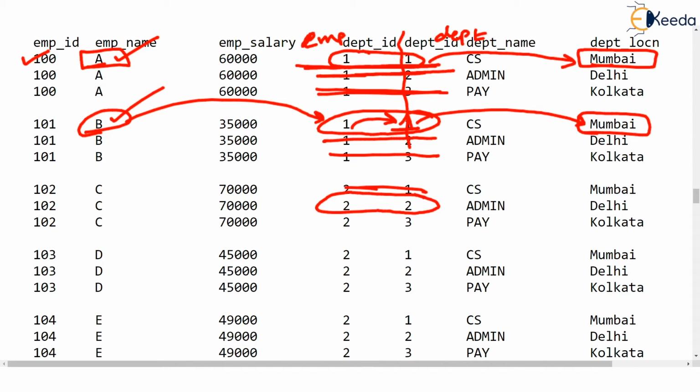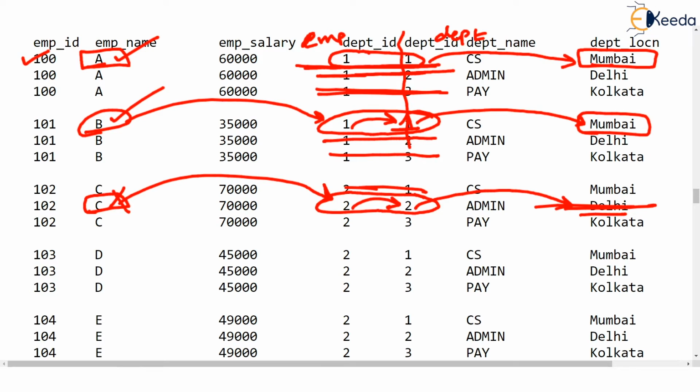Now this person C works in department 2, and 2 is found in the DEPT, the second table, and this department is located in Delhi, so this person should not be displayed because we are interested in displaying only the people who work in a department located in Mumbai. I think you have understood enough of it.